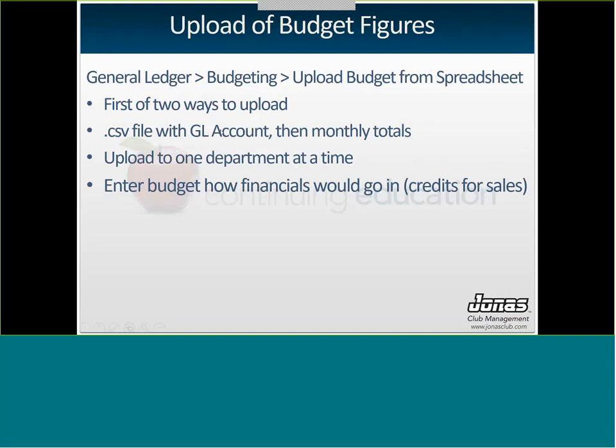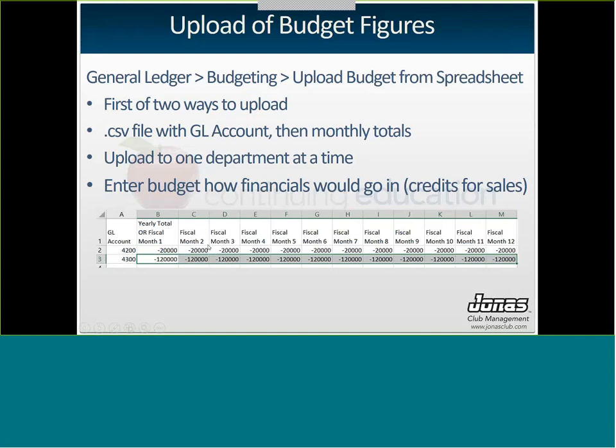It's a super simple format for Excel. The first column is the general ledger account. The second column is either going to be your yearly total or it's going to be your fiscal month one. So depending on how you budget, if you budget yearly, you don't budget monthly, it's a two-column spreadsheet that you're uploading, GL account, yearly total. If you budget monthly, then it's going to be a 13-column spreadsheet because it's GL account, month 1, 2, 3,